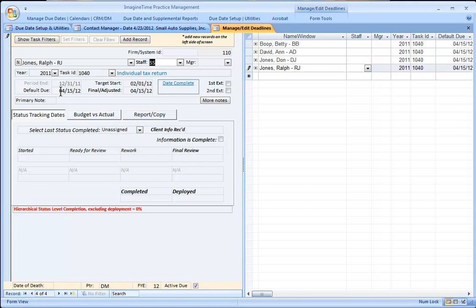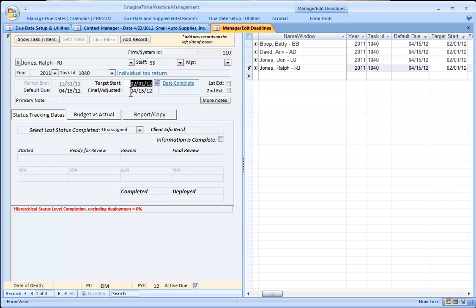The default due date, which is automatically calculated based on the master form characteristics, is filled in here. The target start date can be changed, and the final adjusted date can be changed, but that is subject to a permission option, so you can prevent certain staff from doing that. When would you want to change that? Well, let's say that we've agreed with that client to get the return done early, so we're changing that due